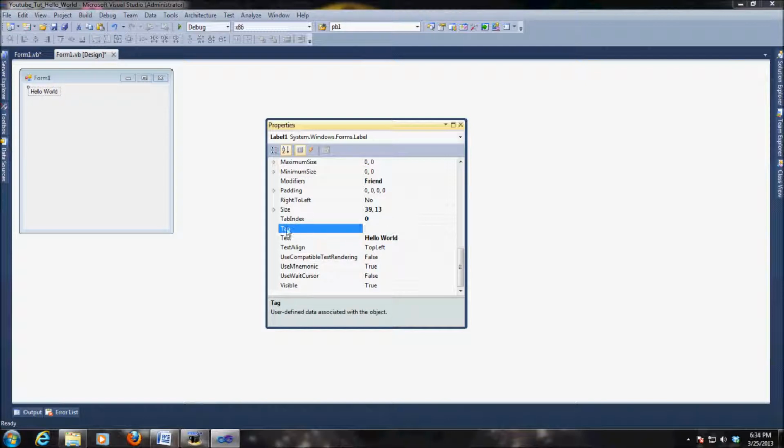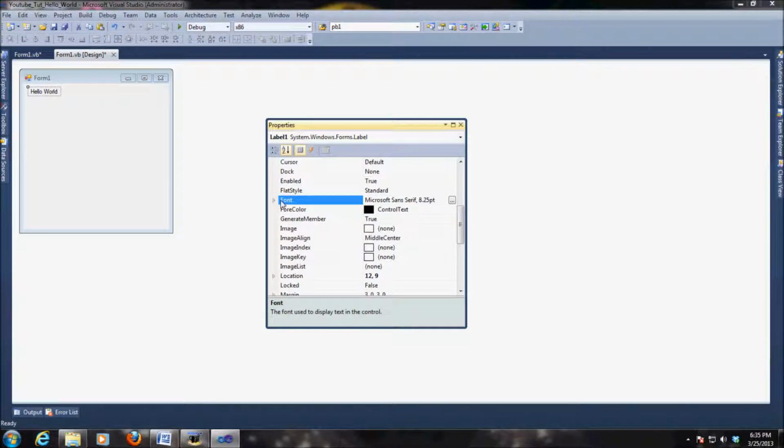I'm going to click off of that and click on where it says tag, and voila, my text changes. You can change the alignment, you can do a lot of things. You can set its visibility to false. There's a lot of things you can do in the properties. We'll review these things later, and you can review them on your own as well freely and just kind of play around with it. The next thing though that I want to do is I want to change my font,